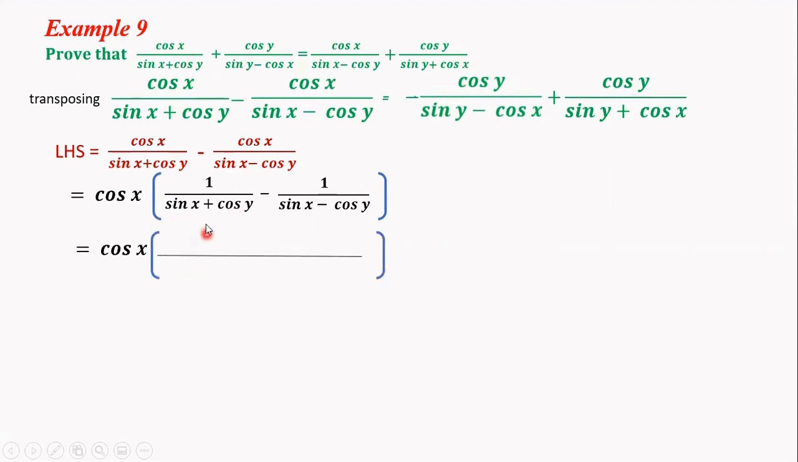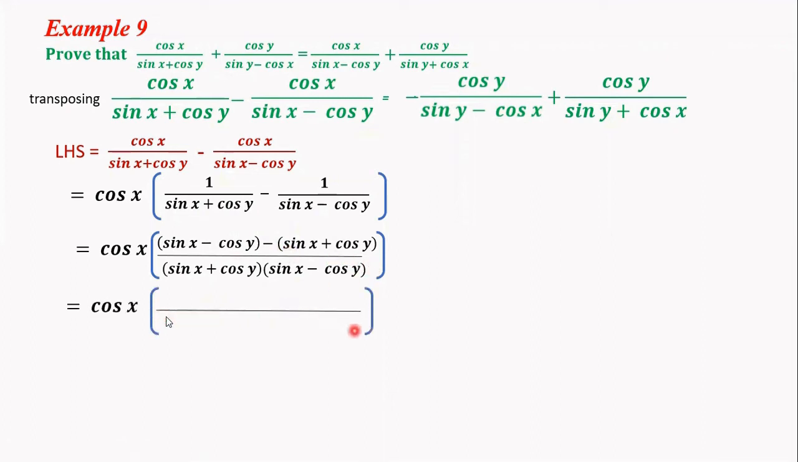So we have the LCM: sin x plus cos y, sin x minus cos y. While comparing the first term's denominator and the LCM, sin x minus cos y is not there in the denominator, so that one should be multiplied by sin x minus cos y, and the second term should be multiplied by sin x plus cos y. Next step,